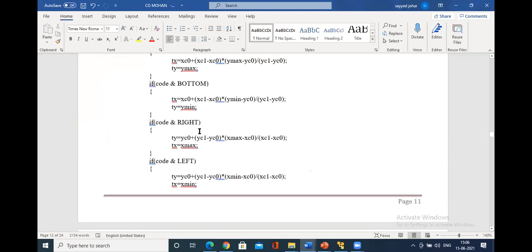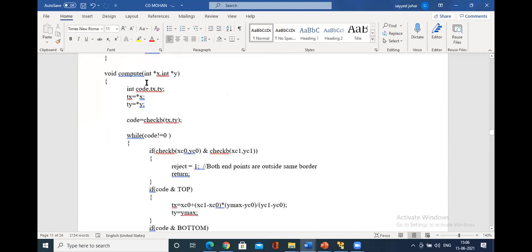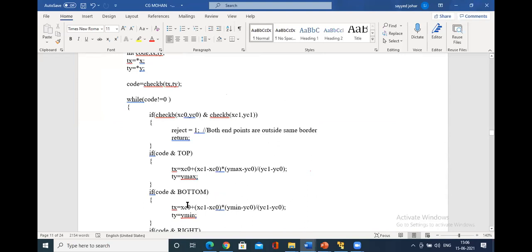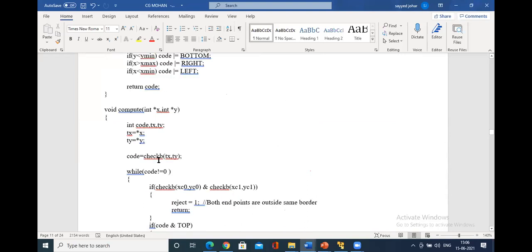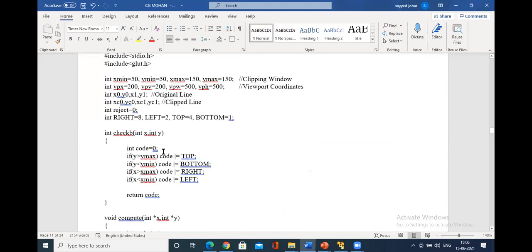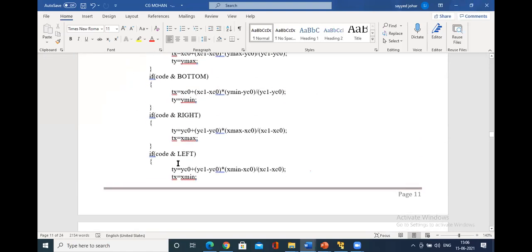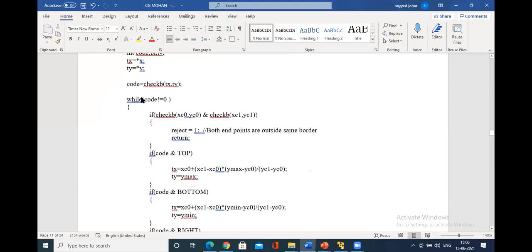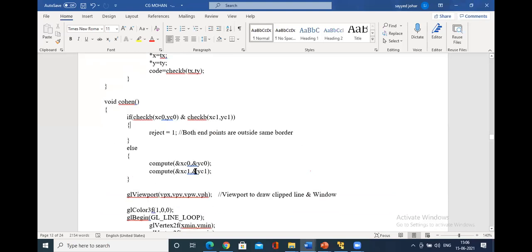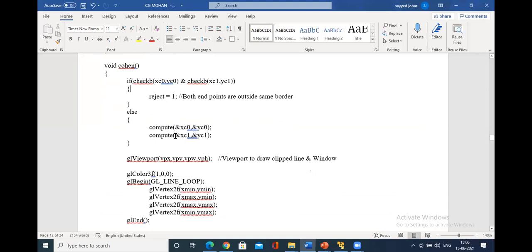How is it done? This is the code for compute. Remember, that is left, right, top, bottom. Again in compute also, it will OR and compute the value of the outcode. This is to compute the code, where exactly my intercepts are falling. This compute will then return the clipped value to the Cohen-Sutherland, here it returns over here.